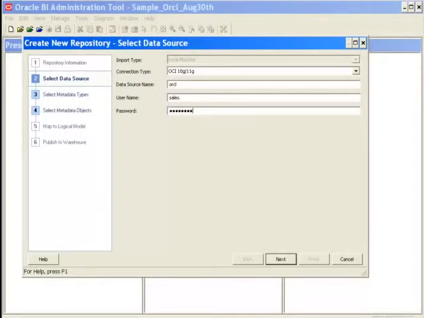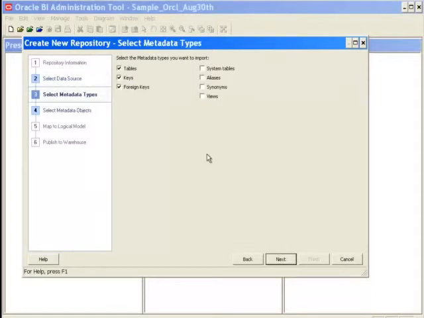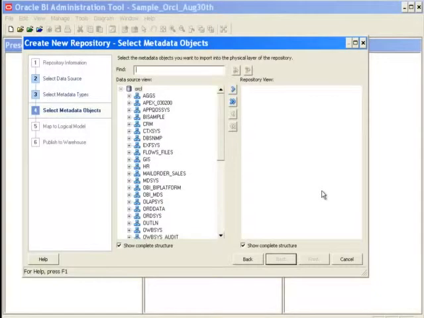These are the database connectivity details, and click on Next over here. Now I'm able to connect and specify which metadata types I would like to import. So select only tables for now and click on Next.